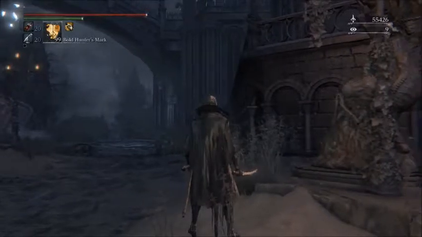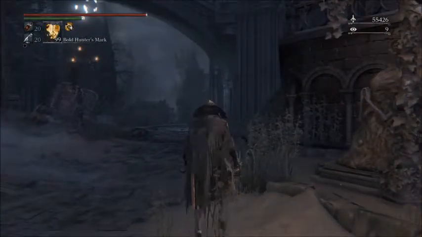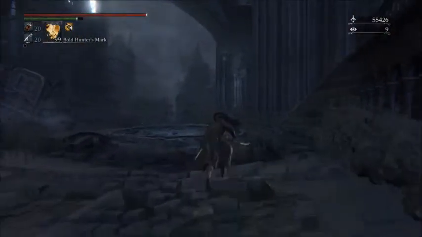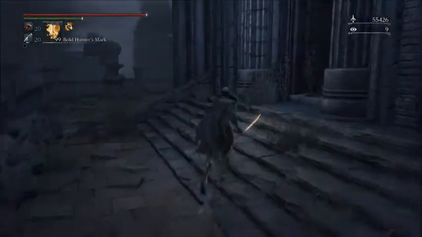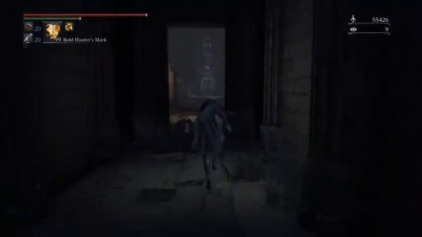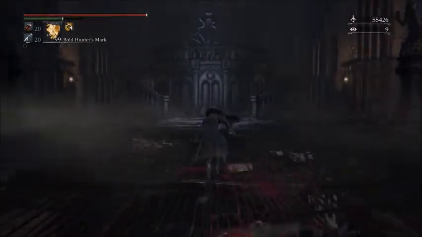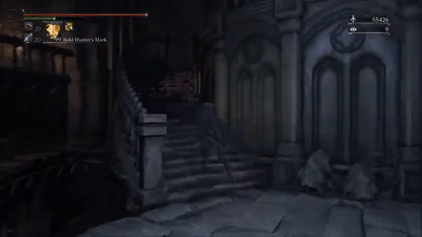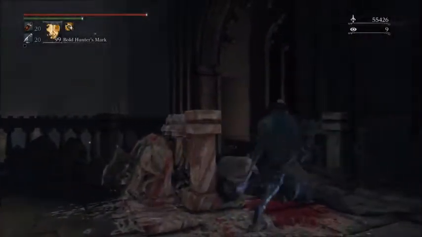When you trigger the Blood Moon, that lamp no longer becomes accessible. There is, however, another lamp in the chapel. You can't access it. However, if you were to get to it in this phase of the game, you would be able to activate it and teleport there because that is loaded in. I can show you where that is real quick. The lamp is actually up there, and to get to that lamp, you have to...